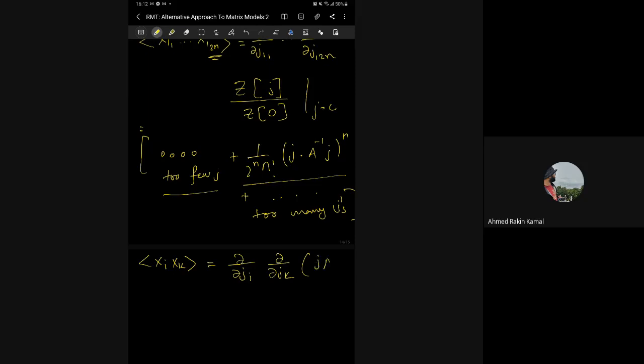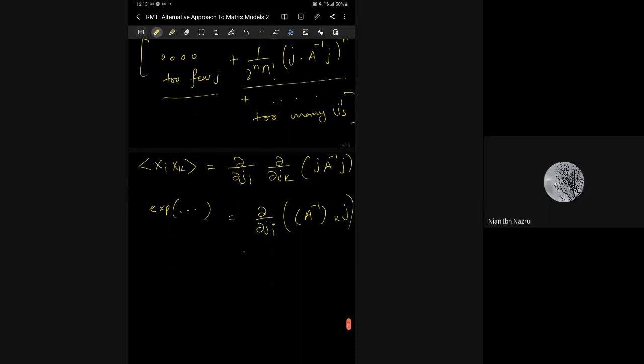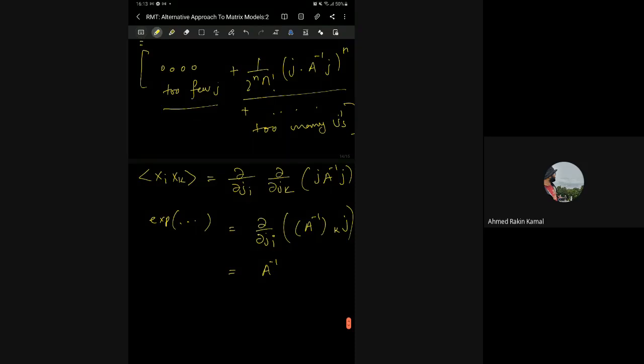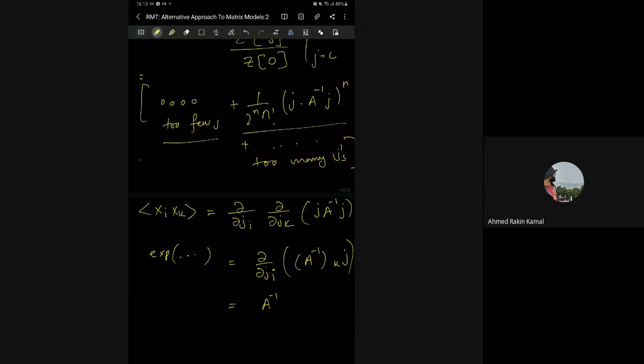You have to take the derivative of say j A inverse j, and exponential তো আছে so if you take the derivative একটা j চলে যাবে, and this will become, যেহেতু j চলে গেছে, this is k and we have another j, and if we take the derivative. ট্রান্সপোজ হওয়ার কথা না, মানে ট্রান্সপোজ ইনভার্স এরকম না? Yeah, they should be transposed, but basically we are dealing with entries, একটা x এর কলাম ভেক্টরের এন্ট্রি, i1 i2 এন্ট্রি নিয়ে ডিল করতেছি।